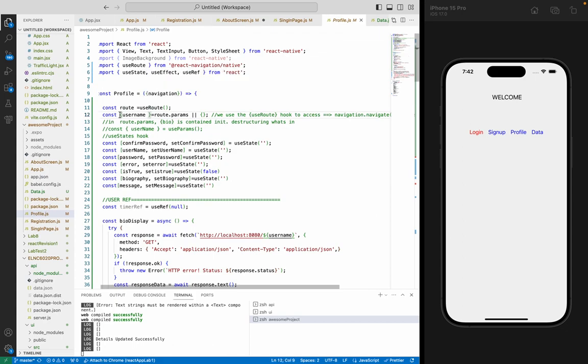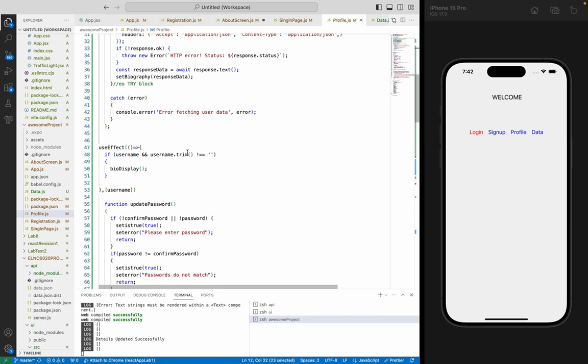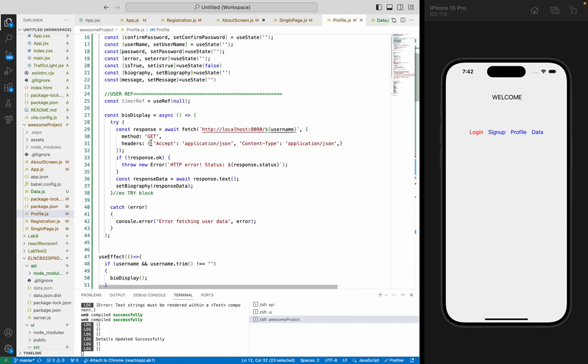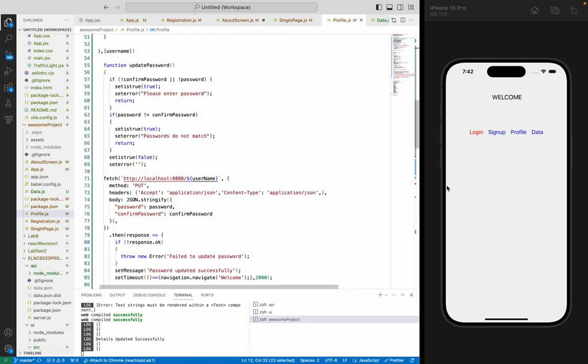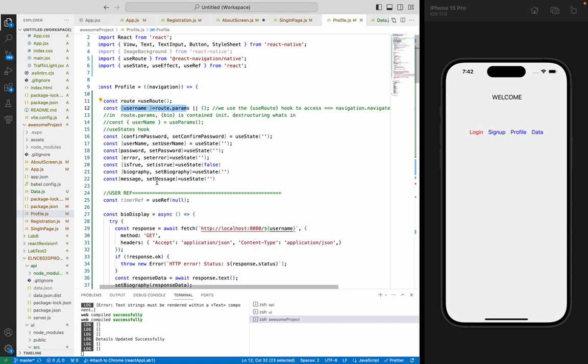So over here we destructure it, and when this useEffect runs, when it renders, when it mounts the first time, it does the logic and fetches the data on the profile page. So that's